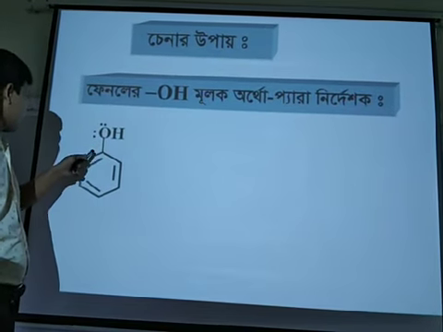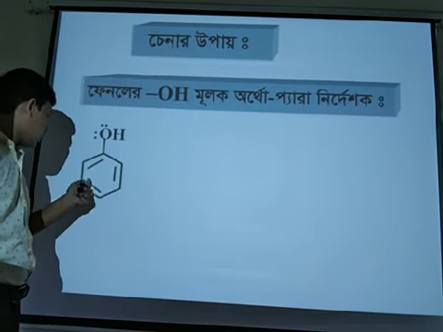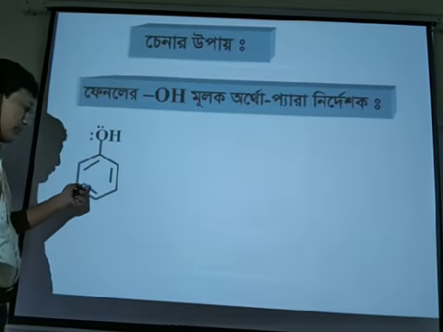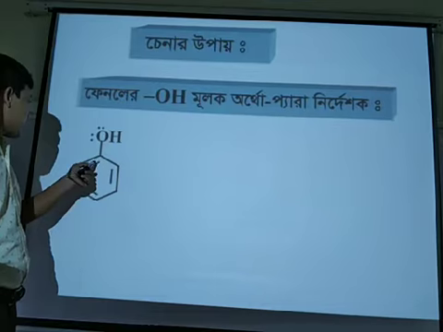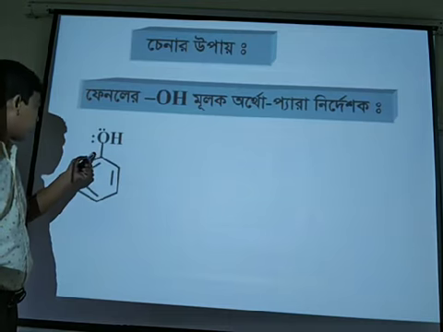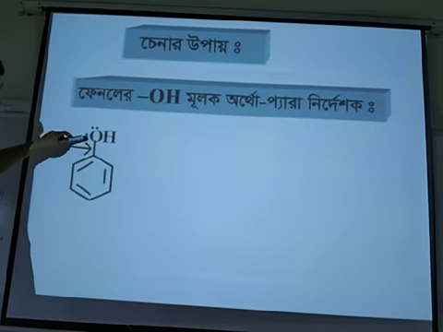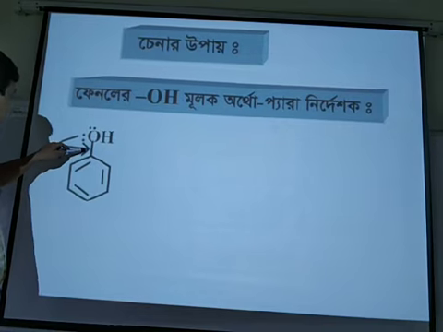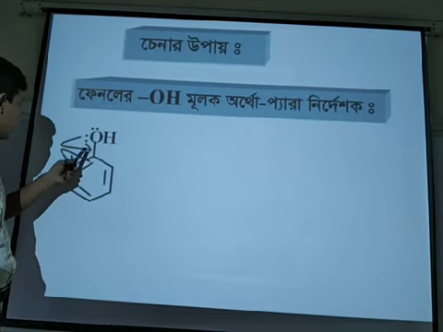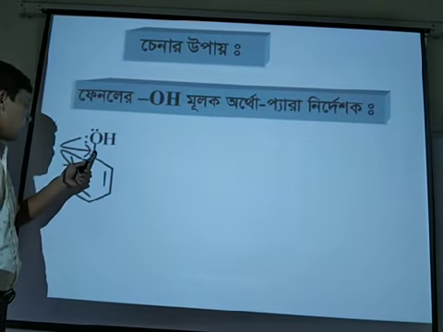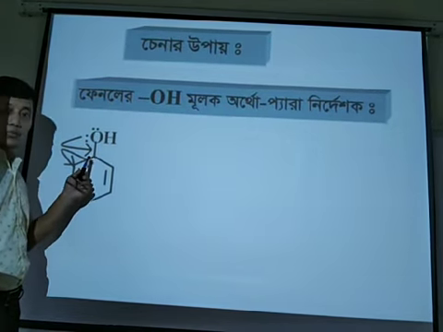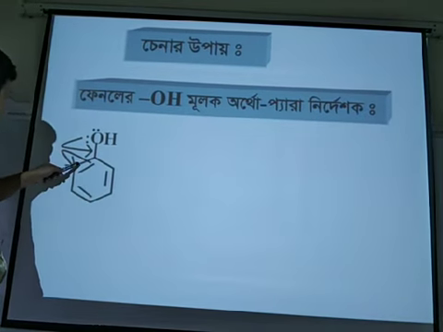One of them comes towards the benzene, and here creates a double bond, because of the resonance of the three pi bonds. For the resonance of this electron, it attracts this electron, and this electron comes towards this benzene atom and here creates a double bond. At the same time, this pi bond will break down, because if this electron comes here and makes a double bond, then the carbon atom's valence will be 5. It will not be possible. So at the same time, this pi bond will break down.